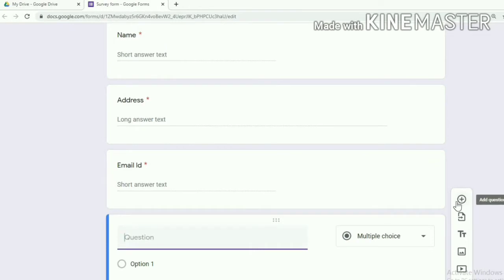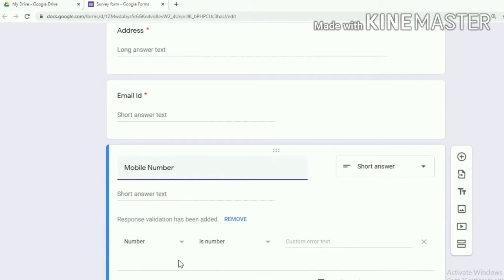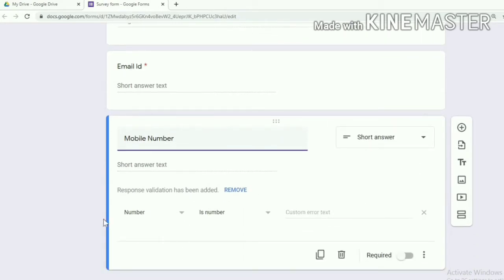Next question, maybe you want to ask the mobile number. You can type mobile number. Mobile number will come under the short answer, but here it must be a number. So this option is coming. If you want, you can make it compulsory. So like this, you can keep on adding the personal information details.